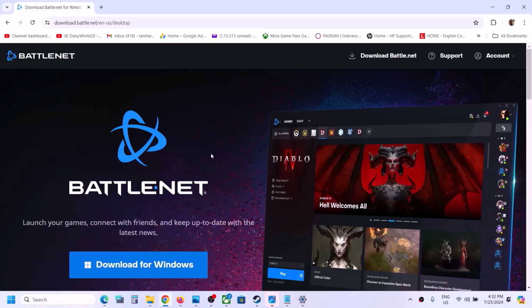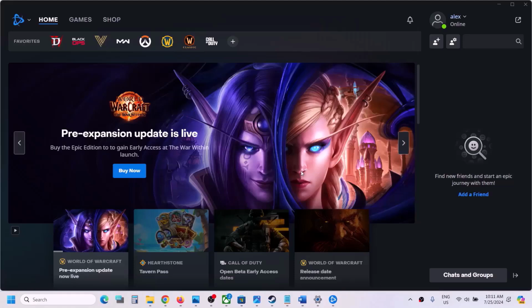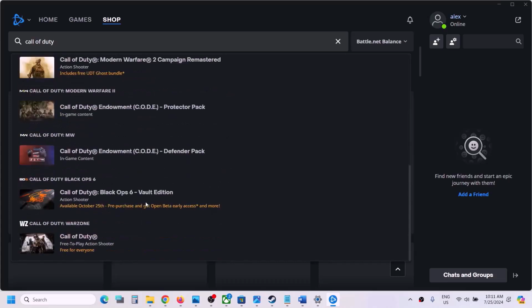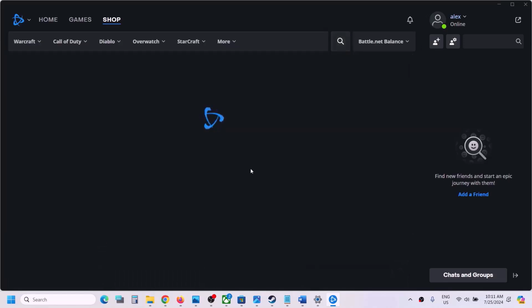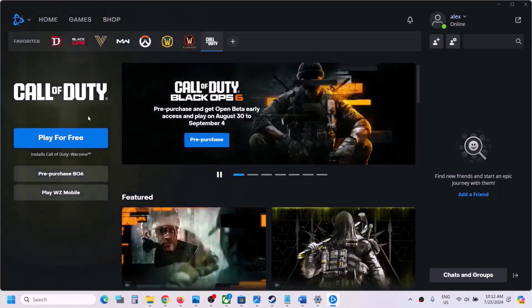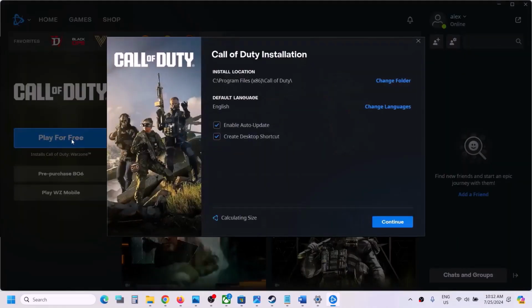Now once battle.net is installed, install the game. You can go to shop and then in the search box type in Call of Duty and search, then scroll down. At the end here you can see Call of Duty free to play. Click on it, and then over here click on play for free, and again play for free, continue,